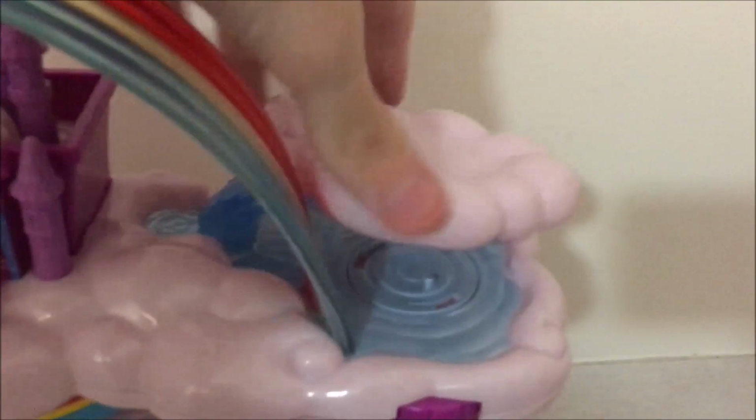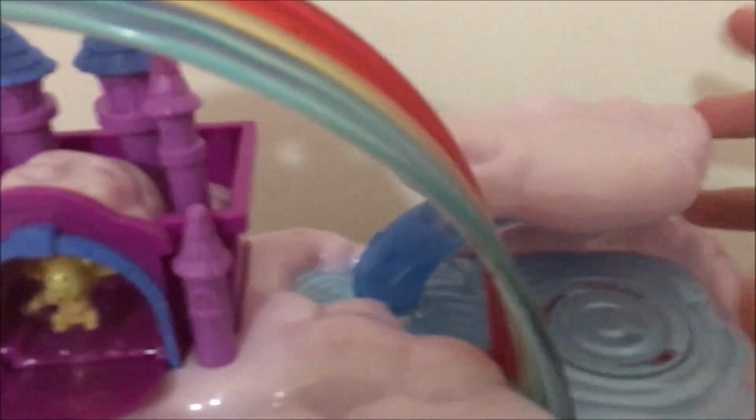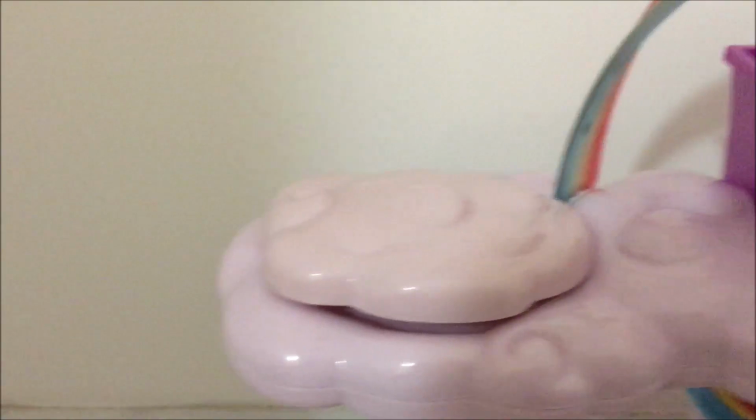And above that, it has this little swinging platform, which will swing out if I can place it here one second. So this little platform just hooks in there, and you can have it over here if you want to, or you can have it going all the way out here, which I think is intended, as it seems to latch better like that. So that's pretty cool. And then over here again, the cloud thing,